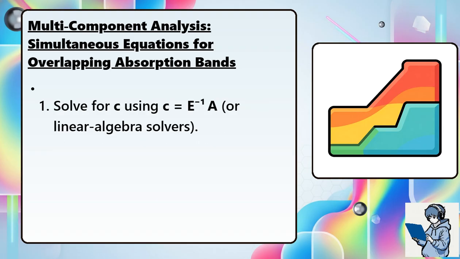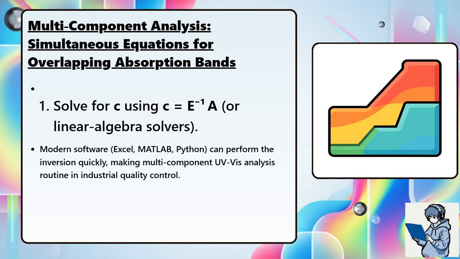Step 4. Solve for C using C equals E inverse times A or linear algebra solvers. Modern software such as Excel, MATLAB, Python can perform the inversion quickly, making multi-component UV-Vis analysis routine in industrial quality